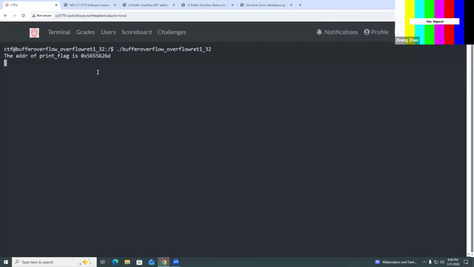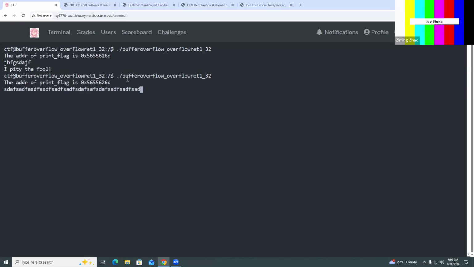So when we run this program, it will get some input from us. It will first print out the address of printf, that address. Then it waits for our input. Then we just input something for the buffer. Then we just press enter, then it prints out the final message. So if you are trying to hack something, obviously you will try to give it all kinds of different input